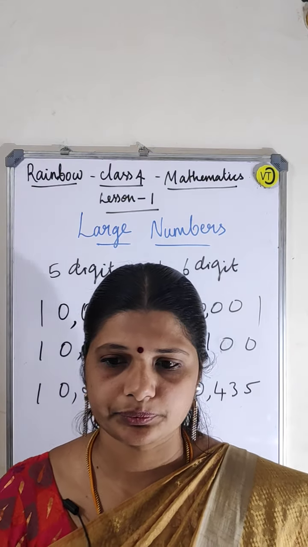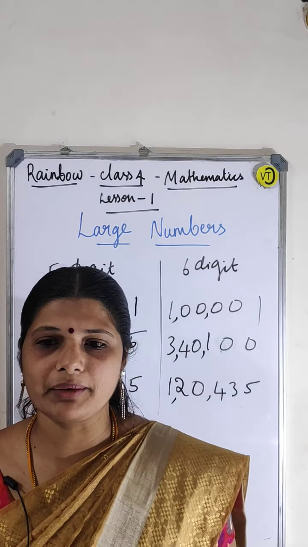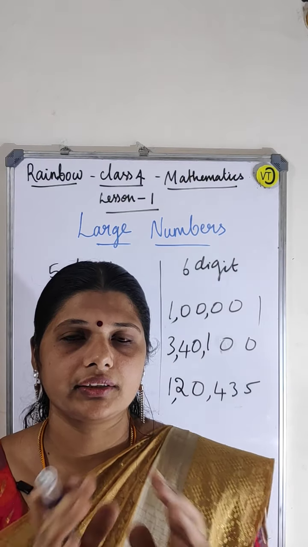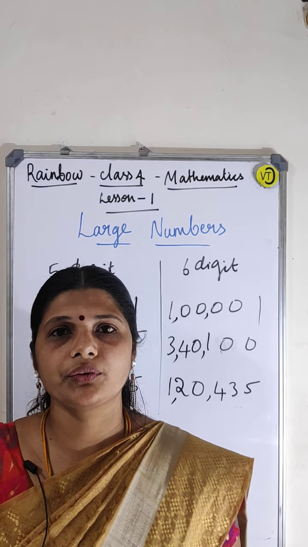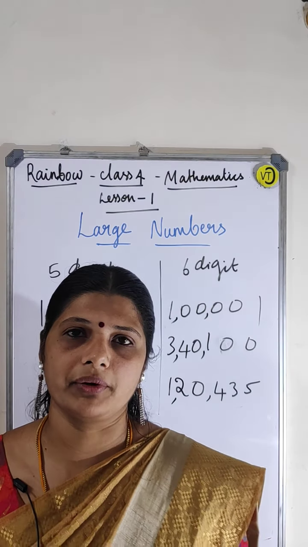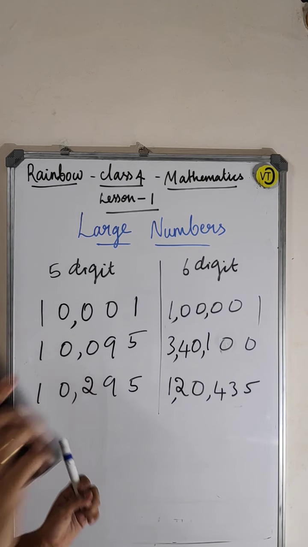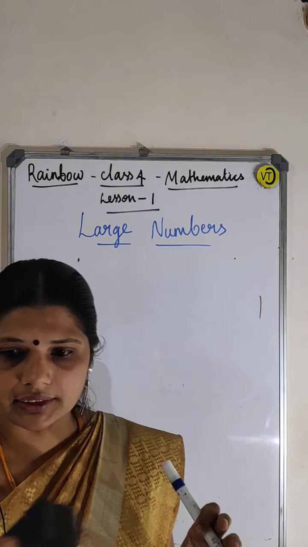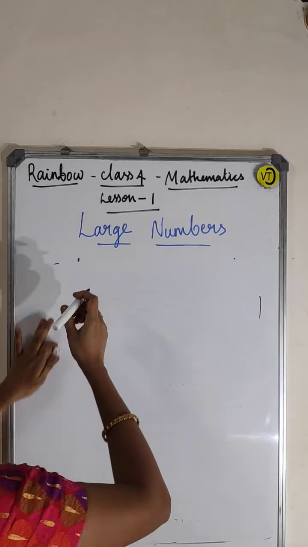It's a bit easy. Now, writing large numbers in standard form. What is meant by standard form? You have to write the number in numerical form. They will give the statement in words, and you have to write it in numerical form. Okay guys, now listen. They will give it in words. I will write one best example.